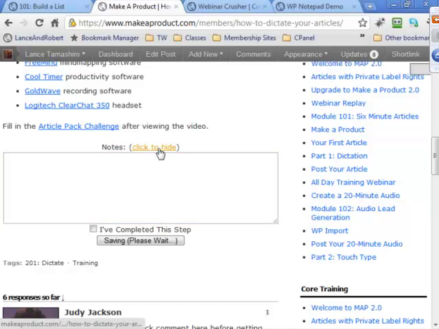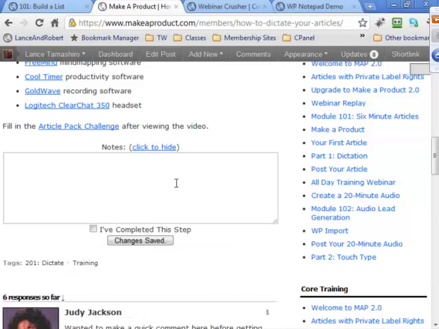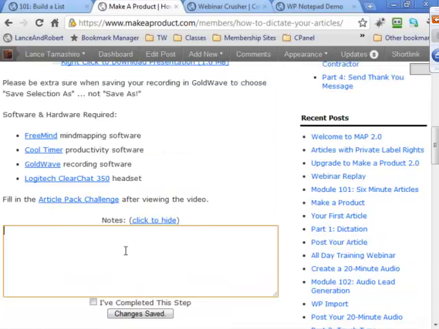Now, there's this thing here that says click to hide, which just means your private notes go away right there. But what's different about this is, if I leave a note here, so let me just say how to dictate my articles. I'm just going to say the system here lets me brainstorm and dictate an article in just 3 minutes.